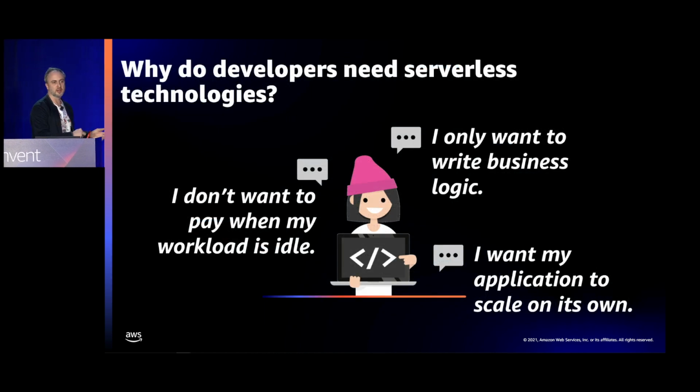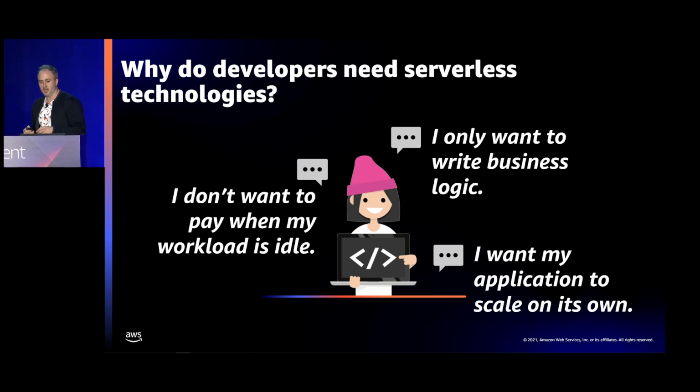Broadly, though, they can be summarized in these three categories, right? Developers don't want to pay when their workload is idle. So with Lambda, you only pay for the duration that your code is running down to the single-digit millisecond, right, at the memory that you configure for it. They only want to write business logic. So what that refers to is developers offloading some of the parts of their code to other managed services that can already handle that, and then using their Lambda function just to write the pieces of their application that AWS services are not already designed to do. That's the business logic that differentiates your application from somebody else's.